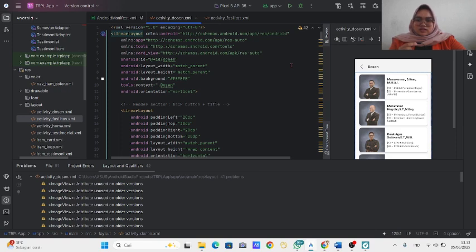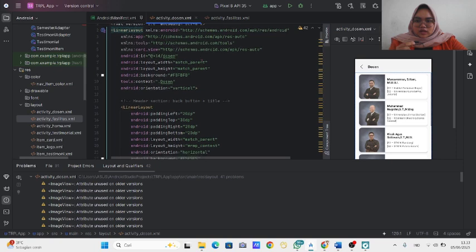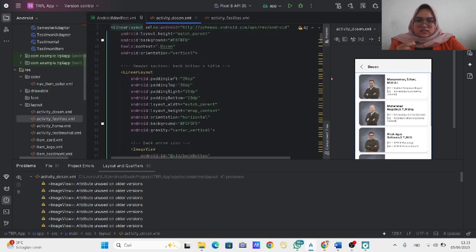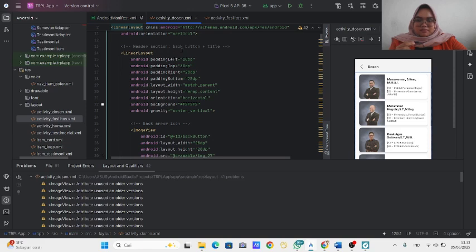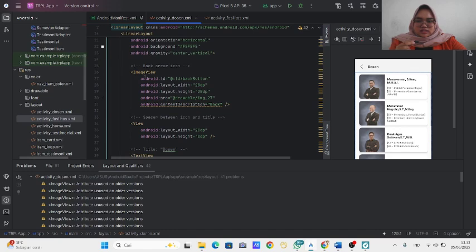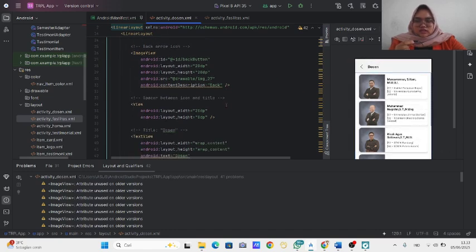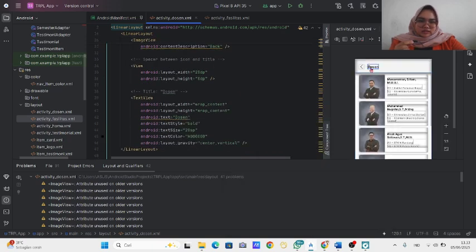And this is the docent view. For the display, we use a linear layout, and this is the header section, back button plus title. Then this is an image view for the back arrow icon and a spacer between the icon and title.